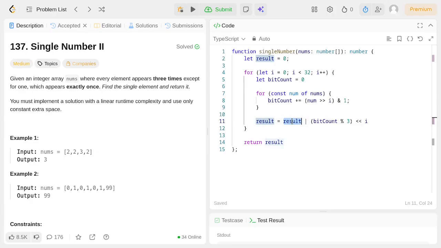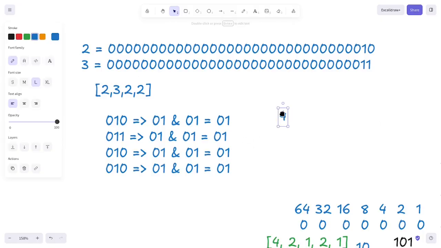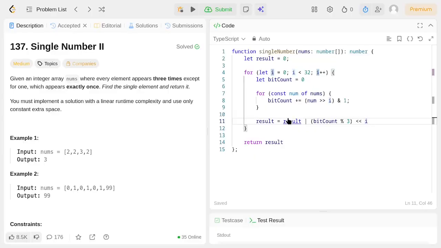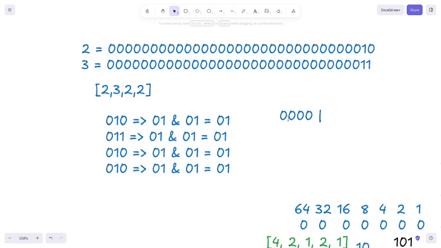Using the current result, and then the OR operator with the bit count modulo 3, and then shift this based on the number of the current iteration of the bit. Then it should be like this, and this is 4, and then use the modulo, since it is 4, then the resulting bit is 0, 0, 0, and then using the bitwise operator of 4, since 4 is being processed by the modulo 3,